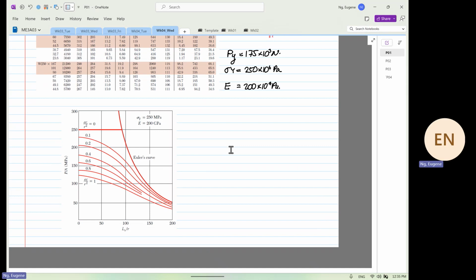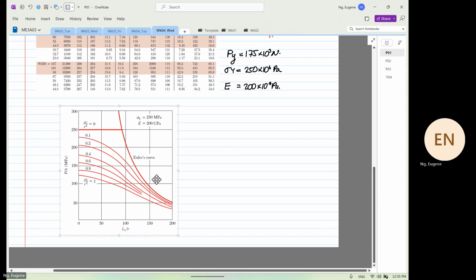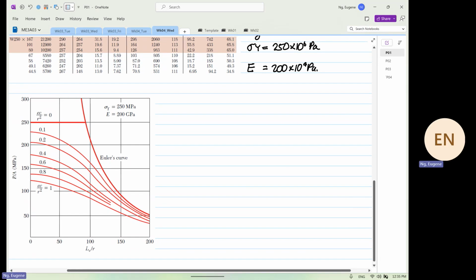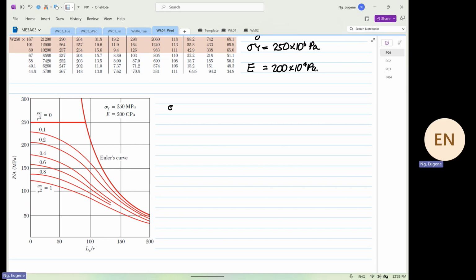But before I write where this graph is from, we are going to look at the formula for eccentric loading,